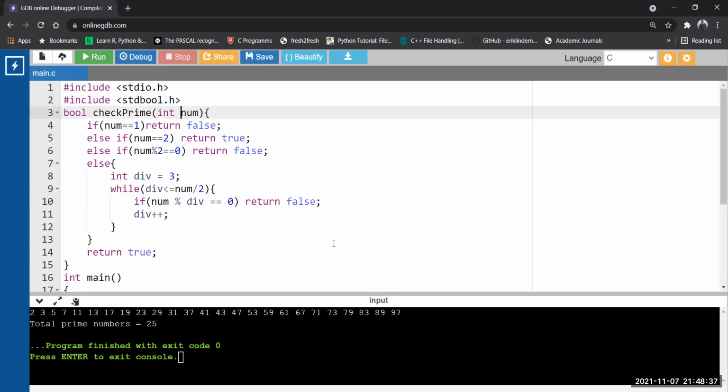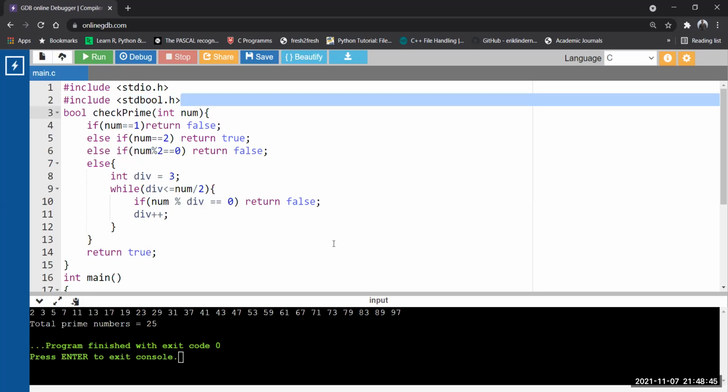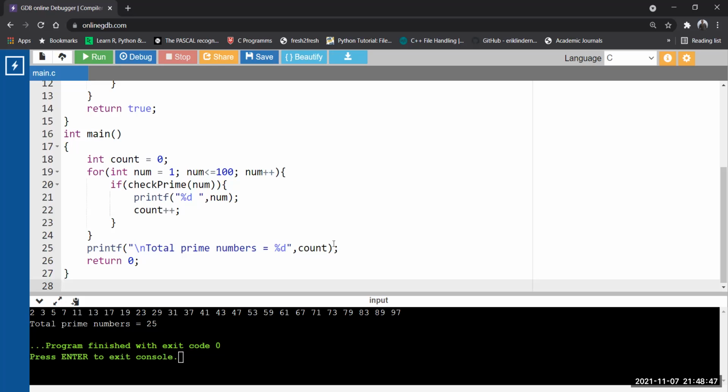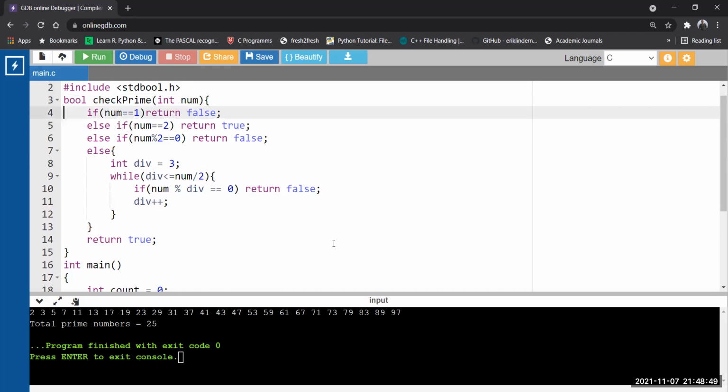First of all, I have checked whether a given number is prime or not with the help of a function. I have used the bool data type, which was introduced in C99 with the help of the header file, and I'm returning true and false values. I have controlled the number of executions of the loop till half of that number, because there is no need to check after half of that number. A number is never going to be divisible by a number more than half of it, such as 30. Half is 15. It's never going to be divisible by the numbers from 16 to 29, never. That's why this condition has been put, so that the number of times the loop is executed can be controlled.